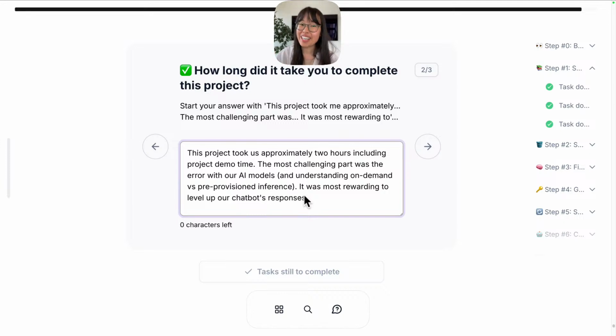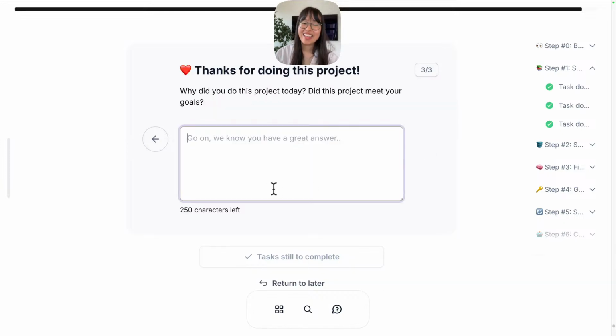I would say it was most rewarding to level up our chatbot's responses. That was a really fun secret mission. Thanks for doing this project today. Why did you do it? Did it meet your goals? Share it here. So we did this project today